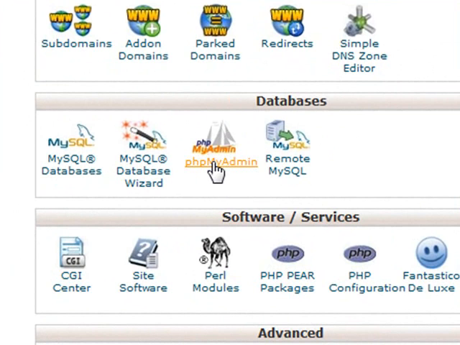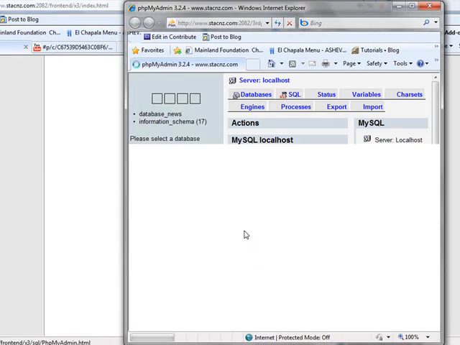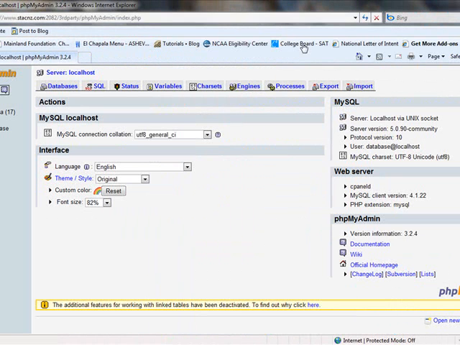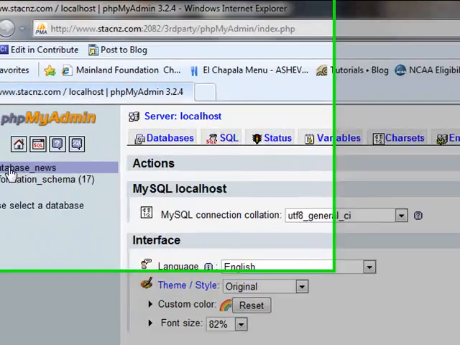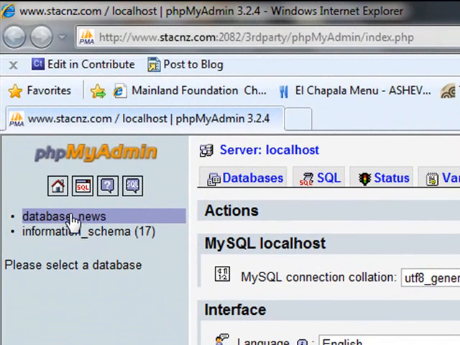Now that's the interface for a MySQL database. So we'll click on that, and it should pop up in a new window. Now there'll be two databases on the left hand side. The one we want is our database, which is in my case called database_news. Yours will probably have your username and then underscore whatever you called your database, so maybe El Sombrero or a country. So I'm just going to go into that database by clicking on it,